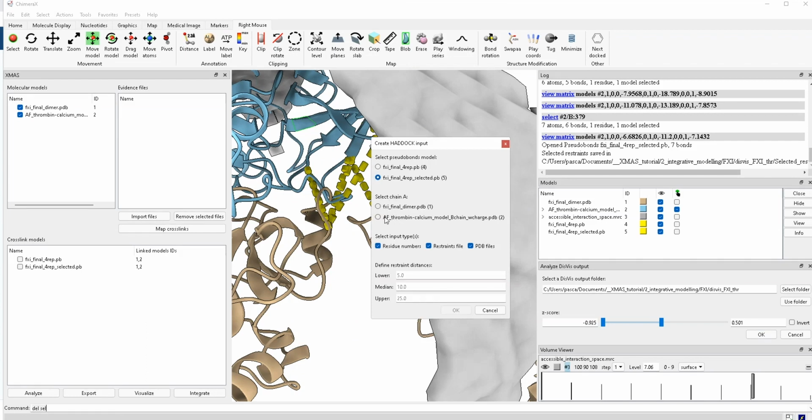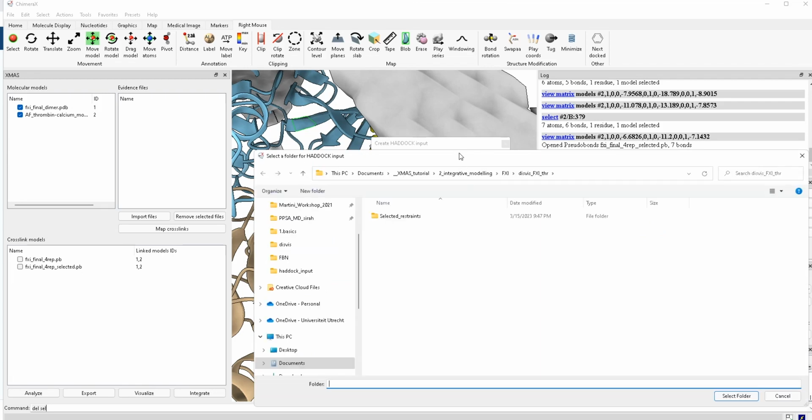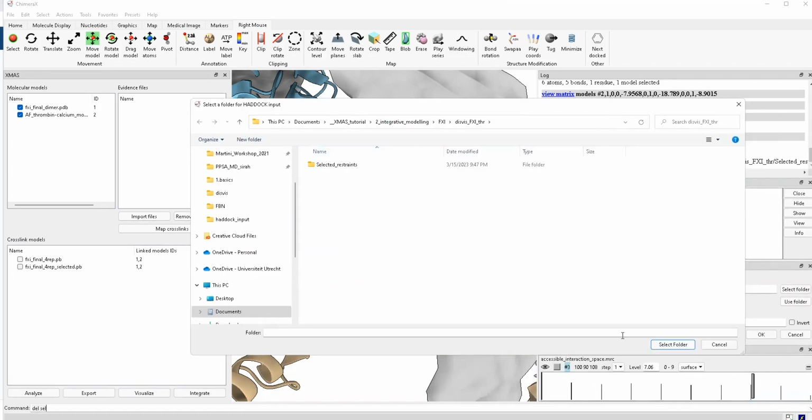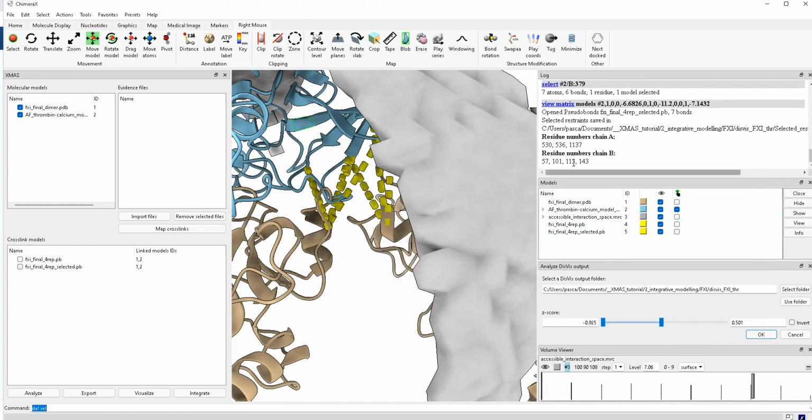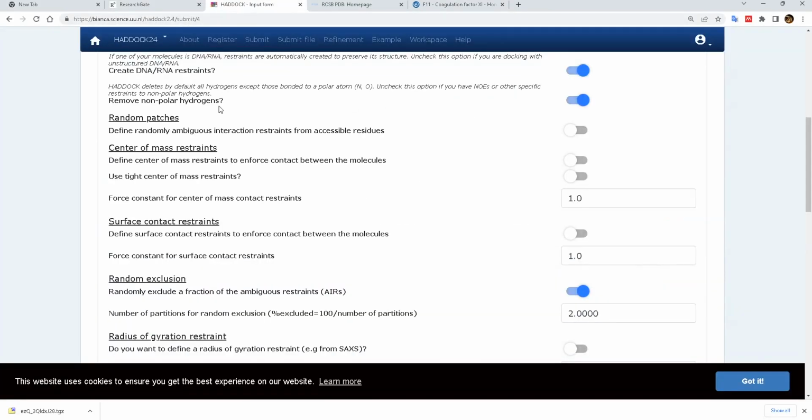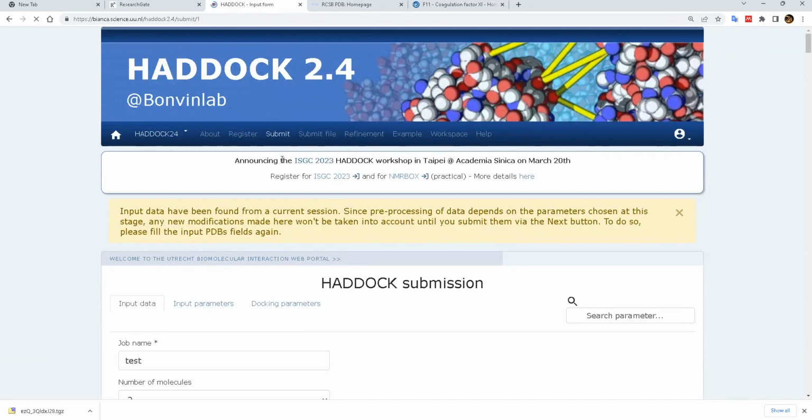We select chain A. In this case, we want to select the factor 11 dimer, and we define the distance restraints. We use the same linker, so we can actually use the same. We select the folder where we want this to be, and then you can see again we have the residue numbers of chains A and B. So with this, we go back to our HADDOCK